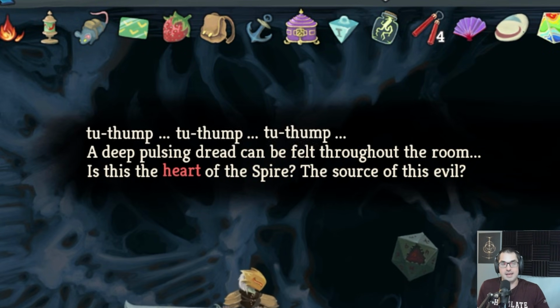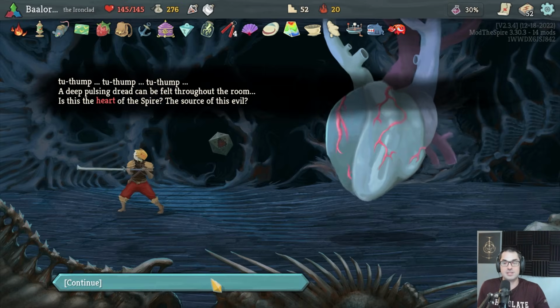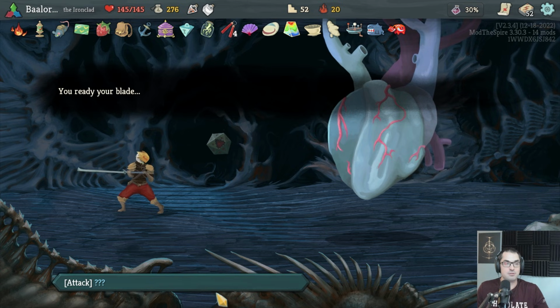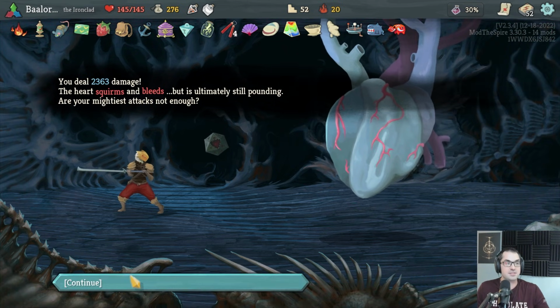A deep pulsing dread can be felt throughout the room. Is this the heart of the spire, the source of all this card playing? You ready your after image and your 52 card deck of playing cards and deal